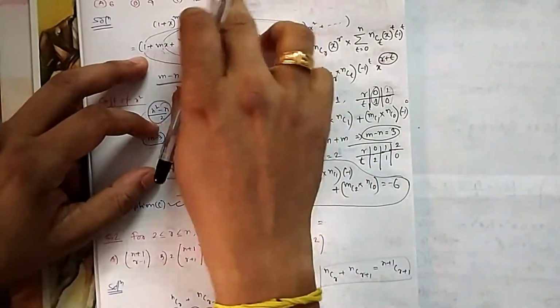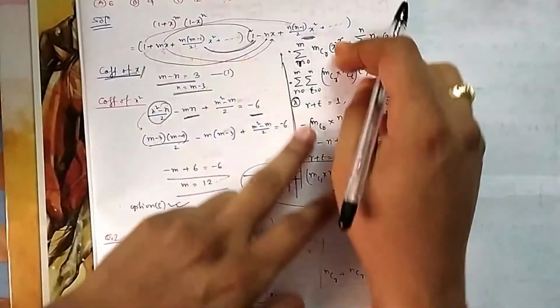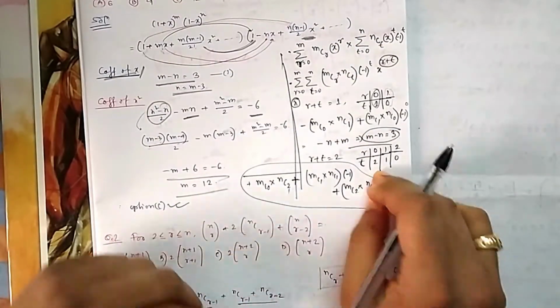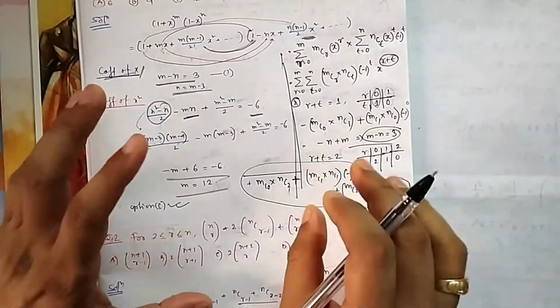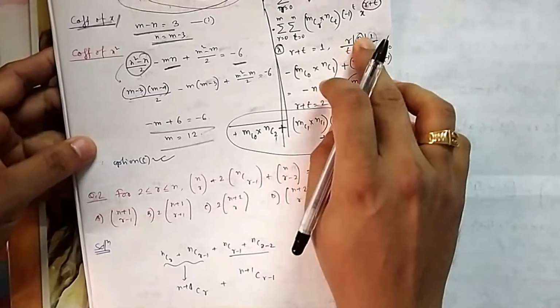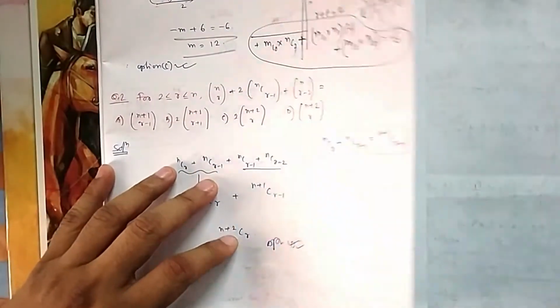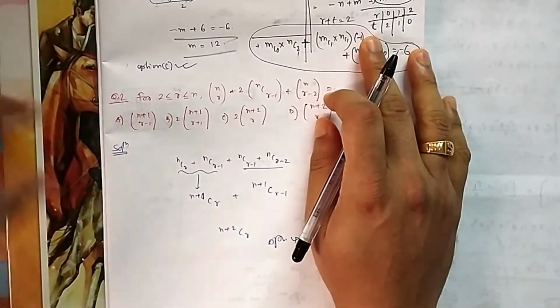So either you expand, for a small thing you can try expanding, but if it becomes very large, it is better you go by this way. Then the pressure on your head will be very less. You will not take so much pressure, because you simply write it and find out what the possibilities are. Okay. Now in the second question, if you see, what is the second question they have asked?